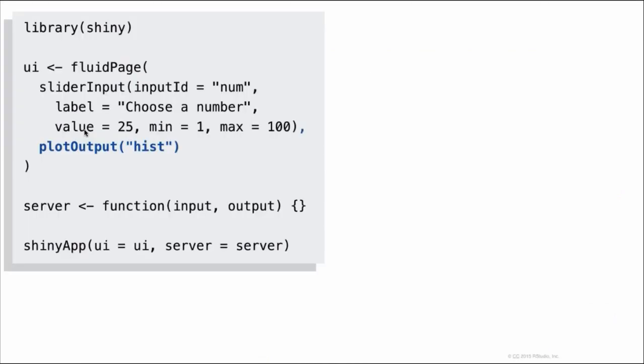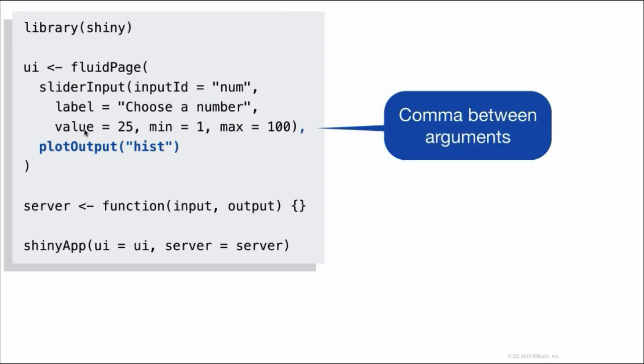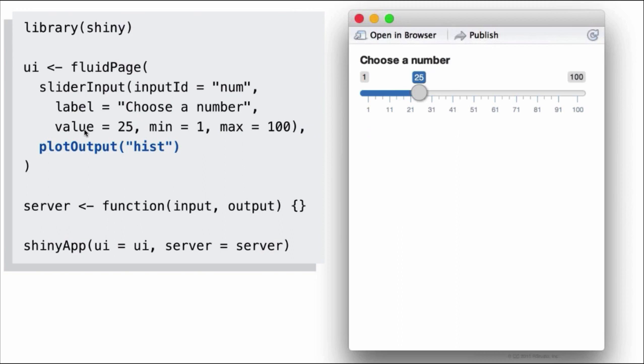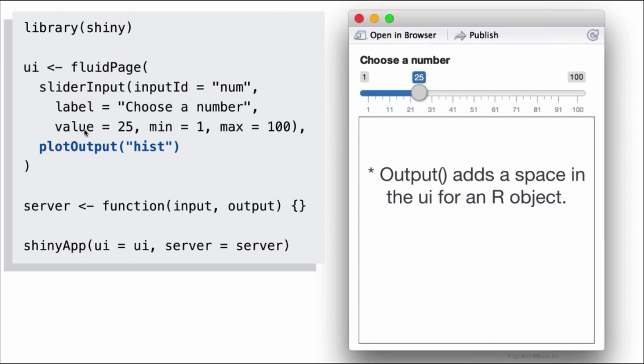So if we add an output function to our app, we pass it to fluidPage as a second argument. Don't forget to put a comma between the arguments of fluidPage. And then when we run this app in R, this is what we'll see. Ta-da. So it doesn't look very different, which might be a little disappointing at first, but if we looked at the HTML behind this app, you'd see that there's actually an HTML div put in at this point that